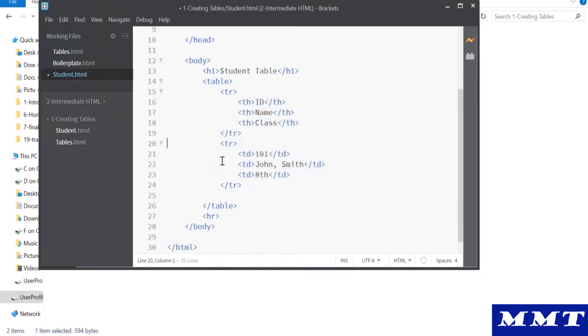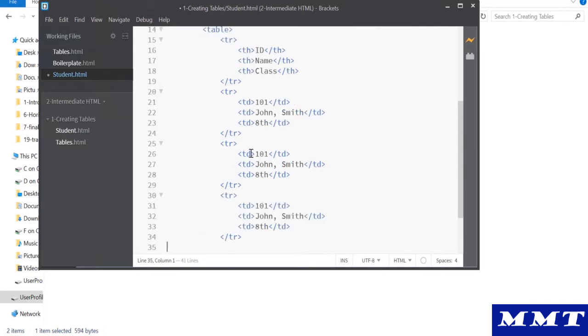All right, you don't have to copy the heading. We'll copy like 2 more rows, right? We'll call it 102 and 103, and then we will change the names, right?